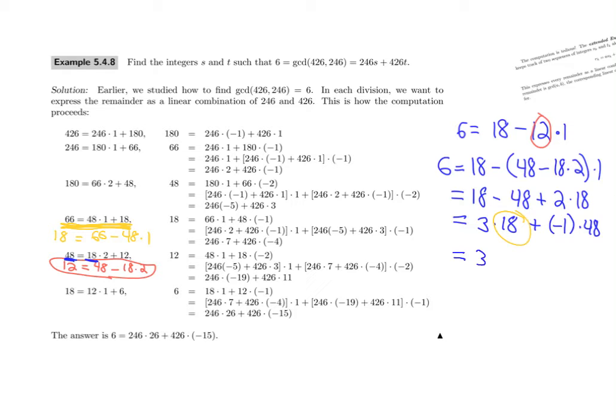So we have 6 is equal to 3 times 18, which is now 66 minus 48 times 1, plus -1 times 48. And that comes out to 3 times 66 plus -4 times 48. And if you like, you can verify for yourself that this ends up being equal to 6. All right, next equation going up